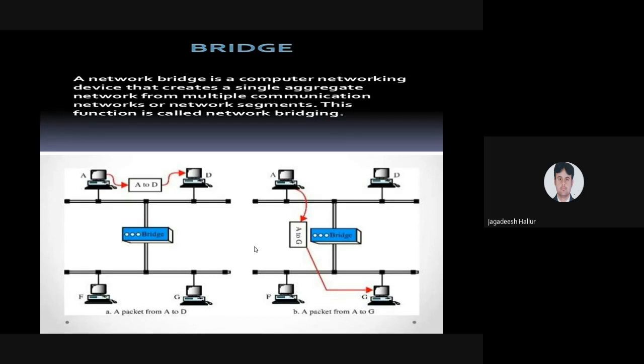A bridge works with two collision domains. ABCD is on one port and EFGH is on another port, so it is a two-collision-domain device. So collisions will be reduced if you are having a larger number of ports. A network that creates a single